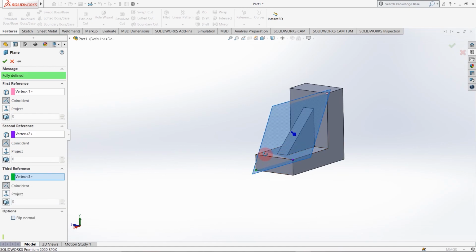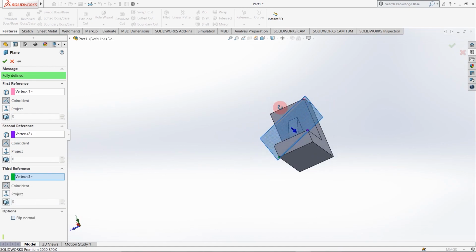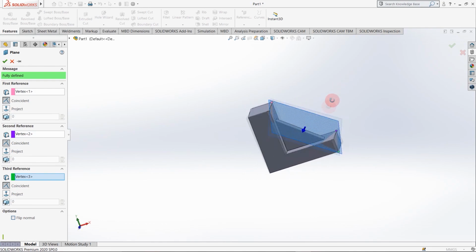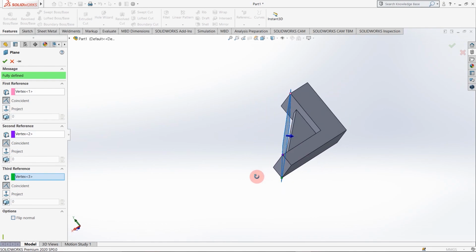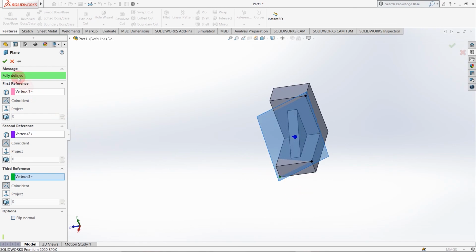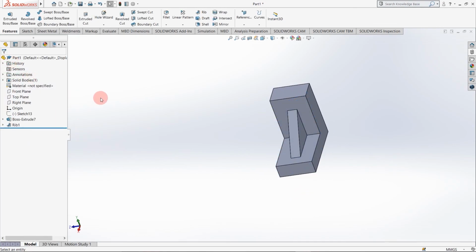As you can see, the plane passing through these three points is previewed on screen. For defining a reference plane with respect to a surface, you need only one surface. For defining a reference plane based on lines, you need a minimum of two lines, and for defining a reference plane based on points, you need a minimum of 3 points.